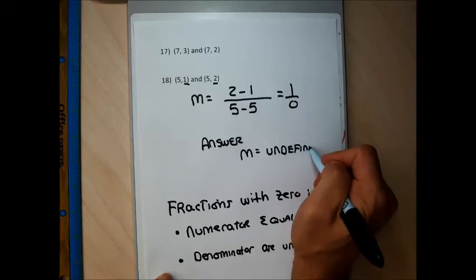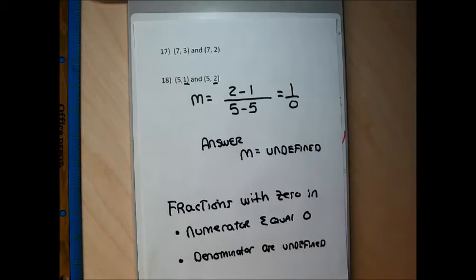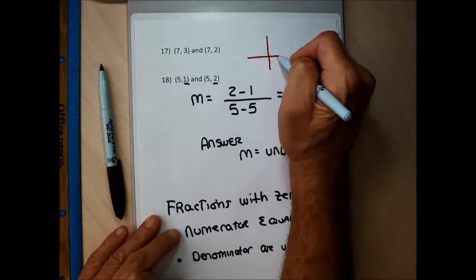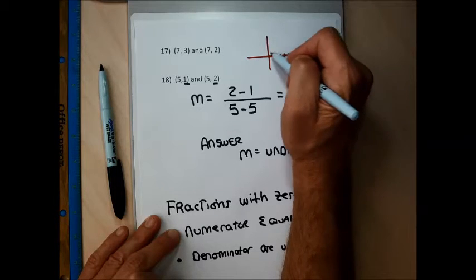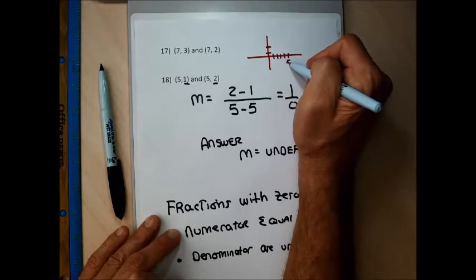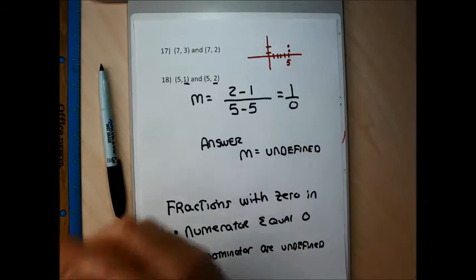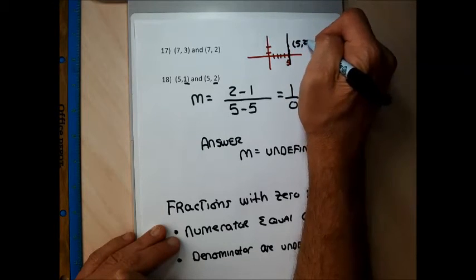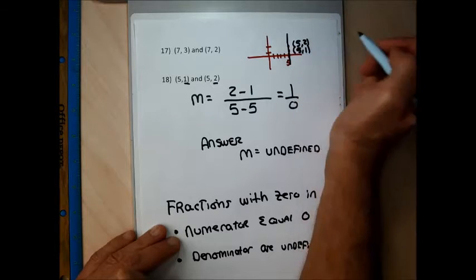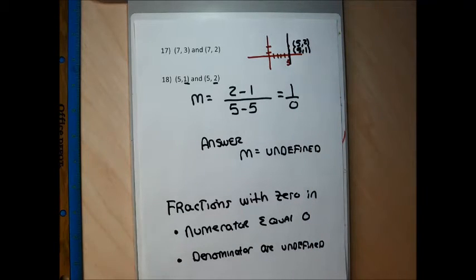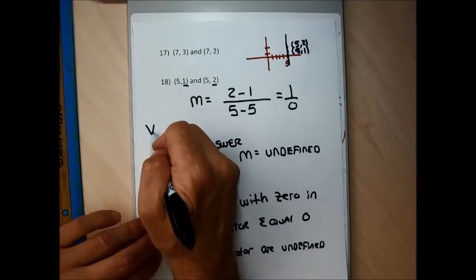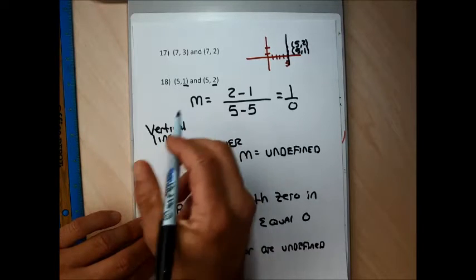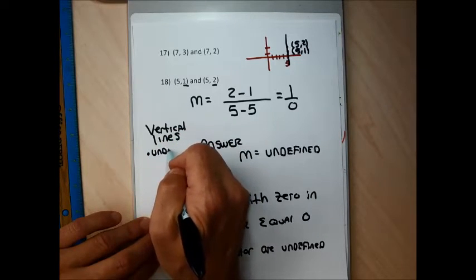My videos get so long, I feel the urge to draw a graph right now and explain what undefined slope looks like, so let me do that real quickly. If I plot the points 1, 5 and 1, 2, and drew a line between those 2 points, those 2 points form a vertical line. Vertical lines have undefined slopes, and their equations only have an x and they don't have a y. So it's important to remember, because you did this at some point in your past, vertical lines, that's lines that are parallel to the y-axis, have undefined slopes,